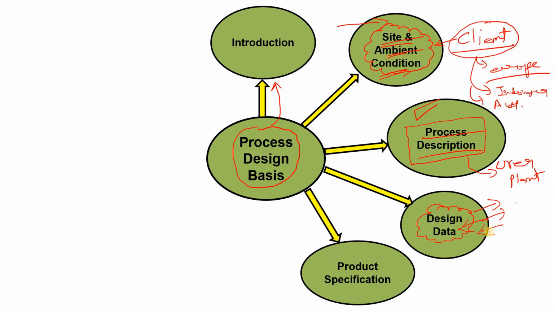Then the next information we give is about the product specification. So what will be your end product? Let's suppose the end product is urea. Now what information will you provide on the urea? You will provide the concentration of that urea. So let's suppose it is 99.9%, then you will give the information about what free ammonia is there, what moisture is there, right?